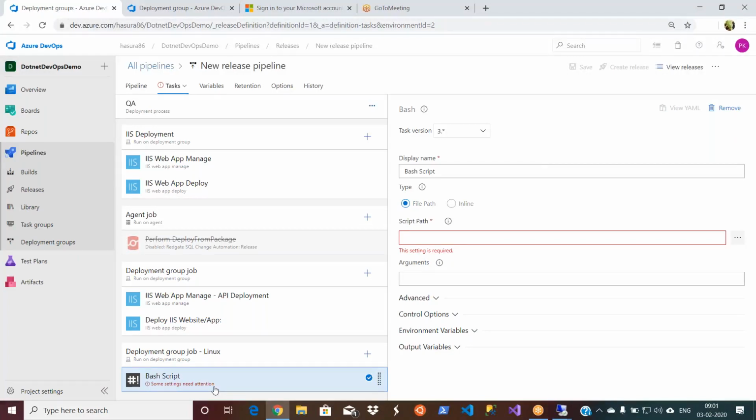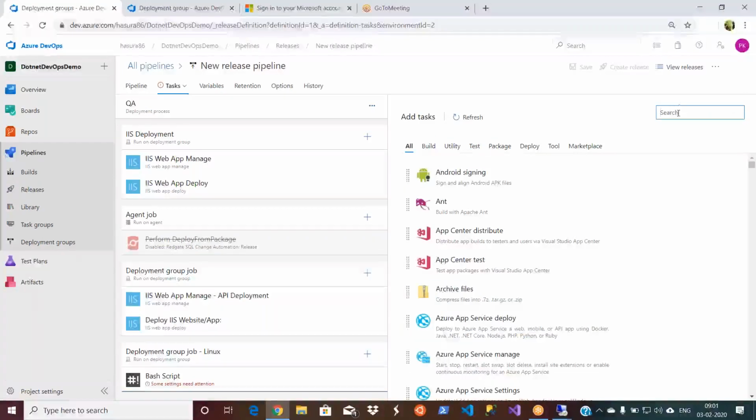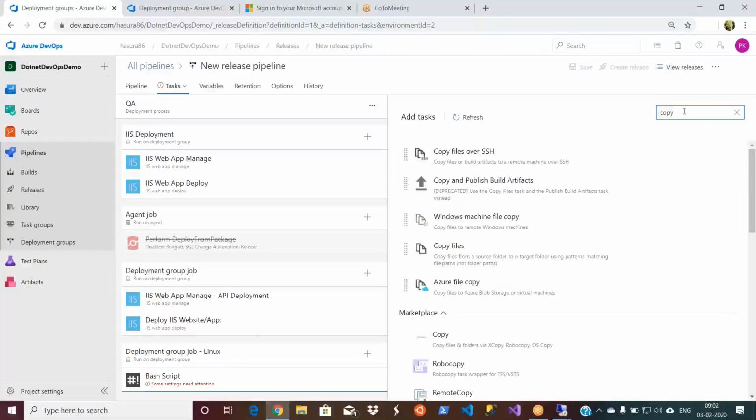Then you use a copy command, under publish. There is Copy files over SSH, because mostly if you are using Linux, you use SSH. If it is Windows, it is only Copy files because it works seamlessly.